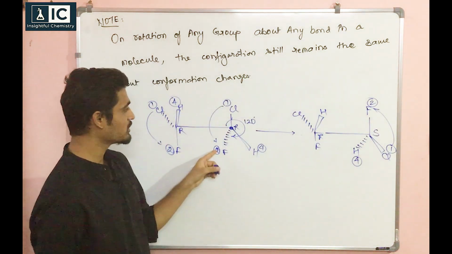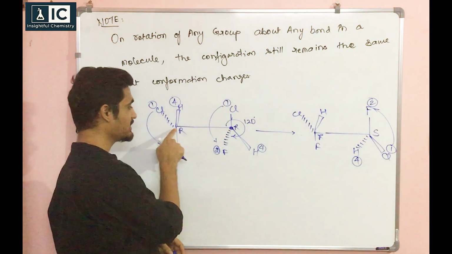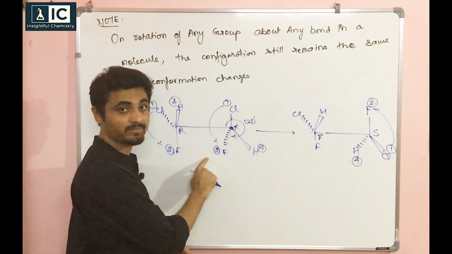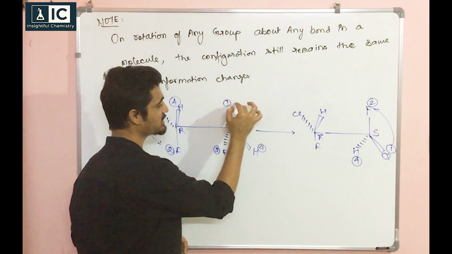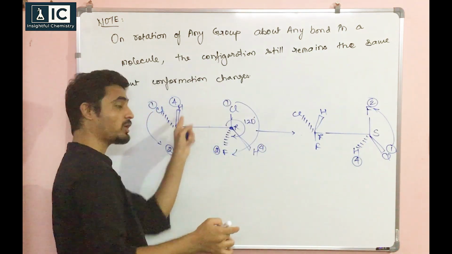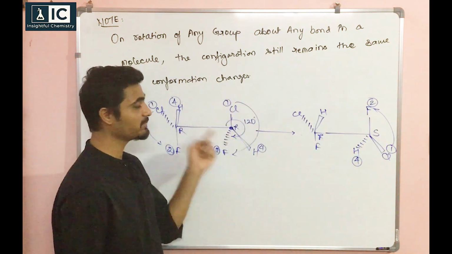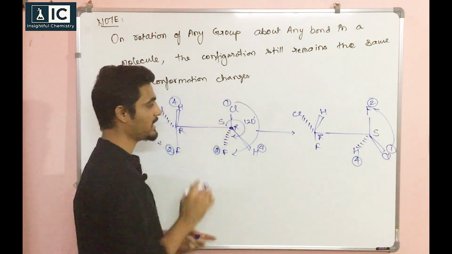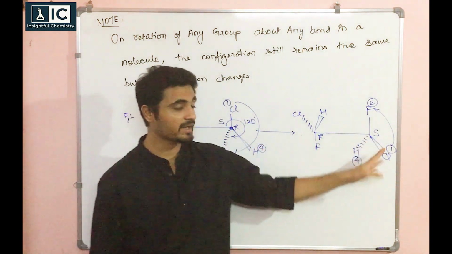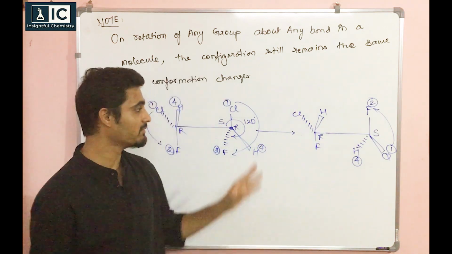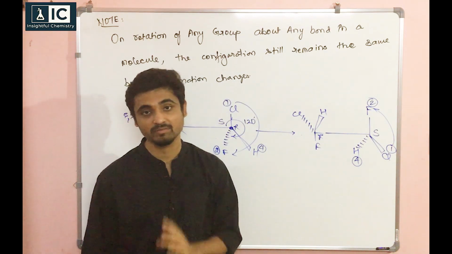From 1 to 2, will I come from this side or from this side? Remember, if I am coming from this side, I am crossing 3, and that is wrong. So just change this one. It will be from this side, like this. You can cross 4 but not the third side. So coming from this side, it will be clockwise, S. So this is S, and here we are not crossing 3, that is S. You can check that the RS configuration remains the same whether I rotate any group or not. And we can check POS and COS with this method.